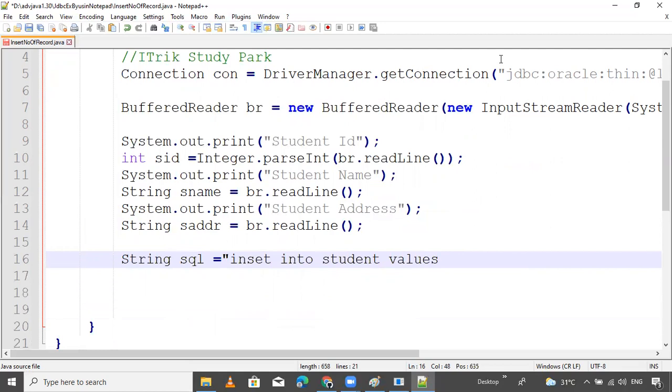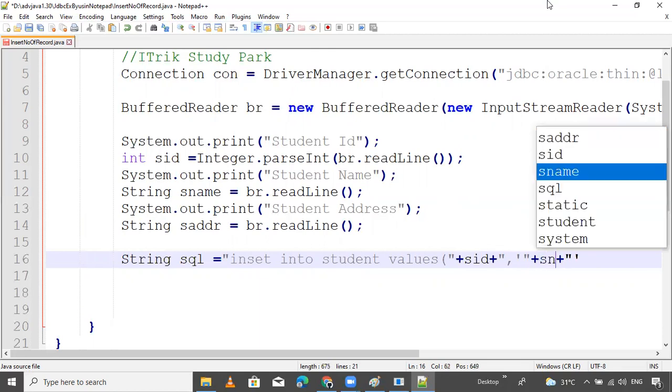Out of the values, we provide one bracket. Inside the bracket, we provide what? Yes, ID. Here is the ID, why? Because this is from the user, SID, comma. This is the string type, so we require single quotes plus sname